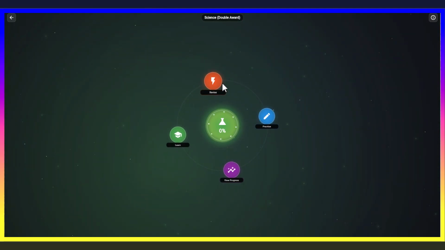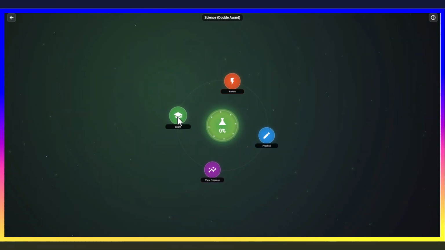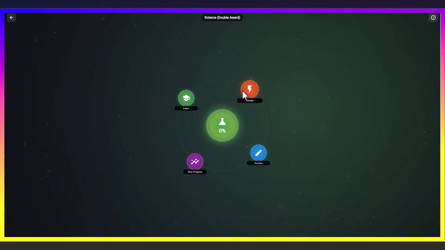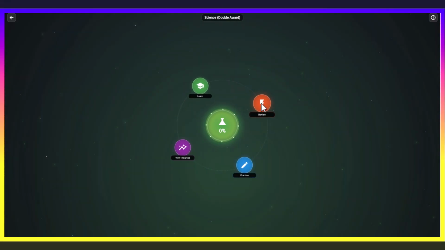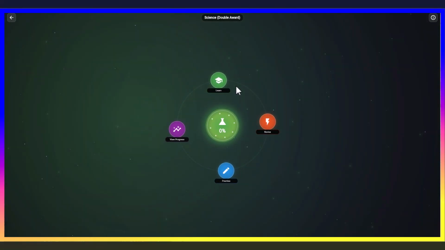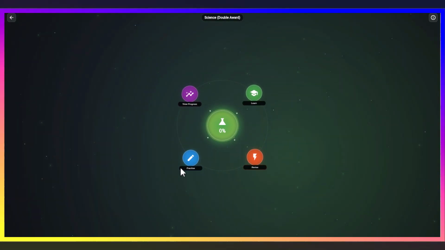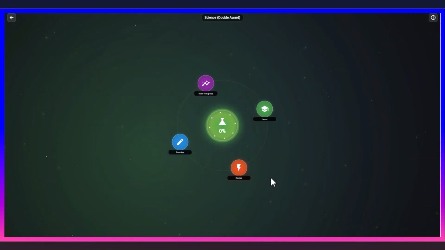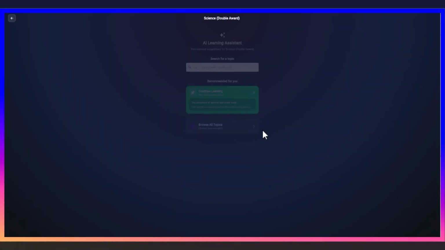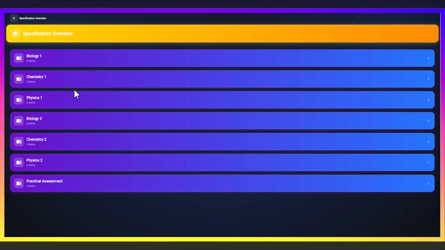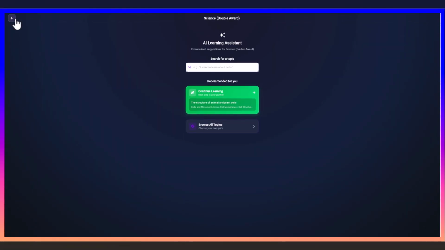You can revise your mind maps and flashcards that you would have created from those lessons. They're created based on the actual content of your lesson and the bits that you're struggling on, or you can practice exam questions and check your progress. So on here you can go and browse all the topics in the specification, or you can